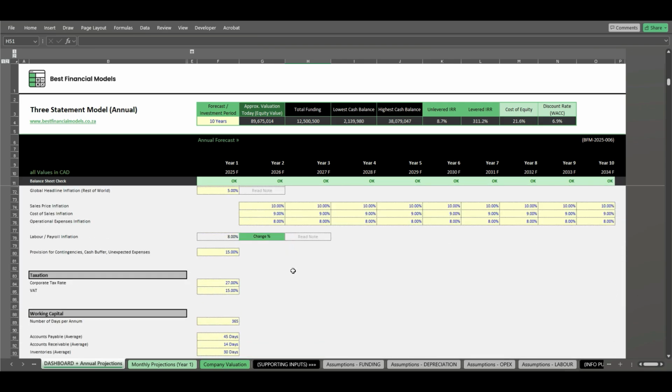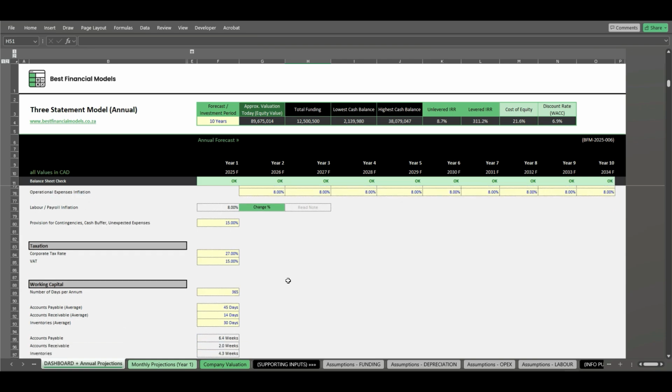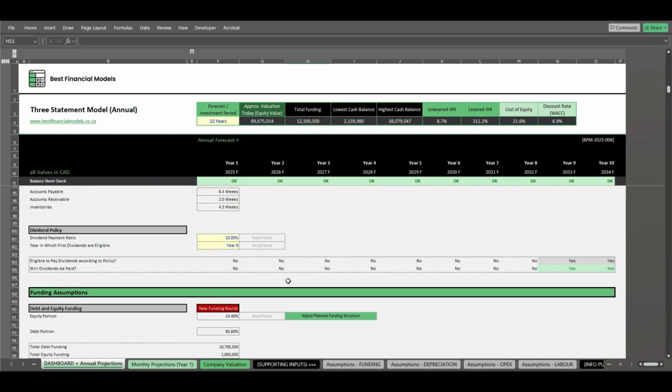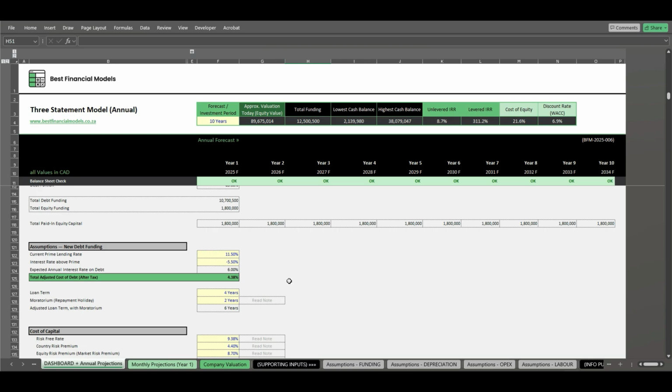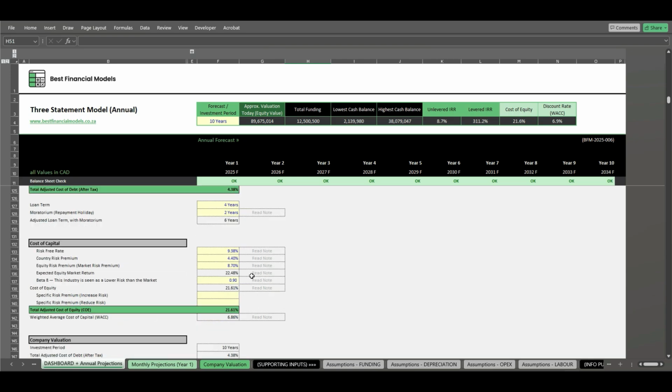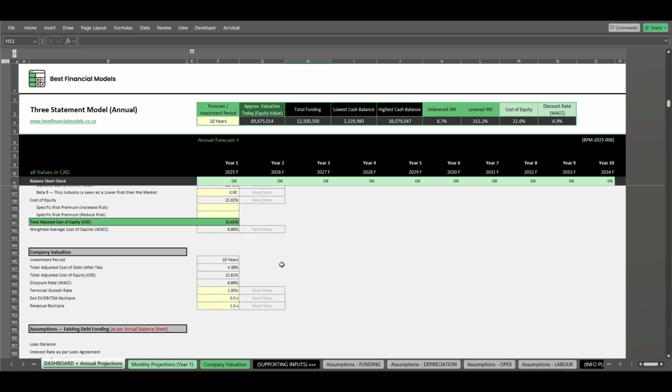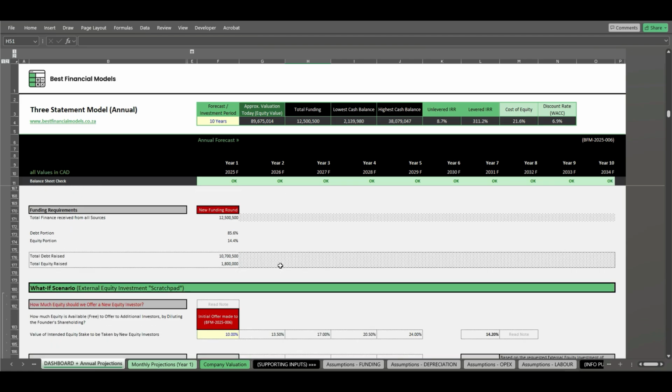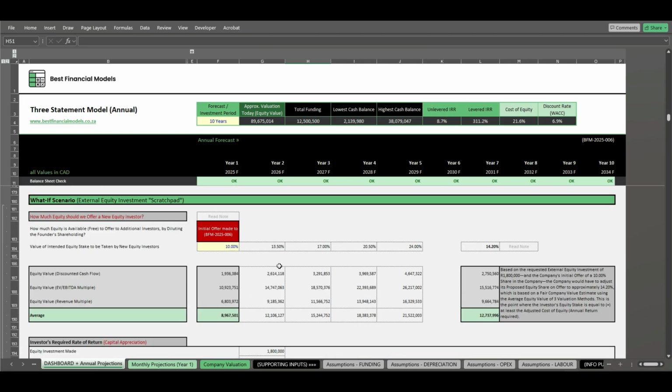All other assumptions and inputs that are required are housed here in the dashboard, whether it's inflation, your working capital, your debt funding structure and repayment terms, your cost of capital components, etc. All of that is housed here. The what-if scenario or the investor Scratchpad that I've just alluded to, the only thing you need to do here